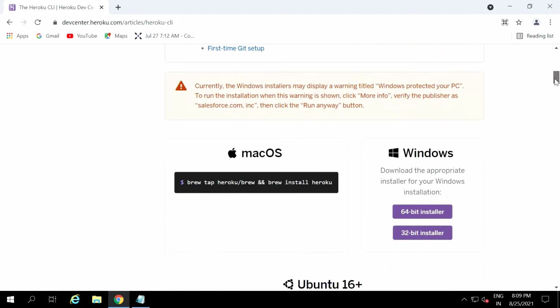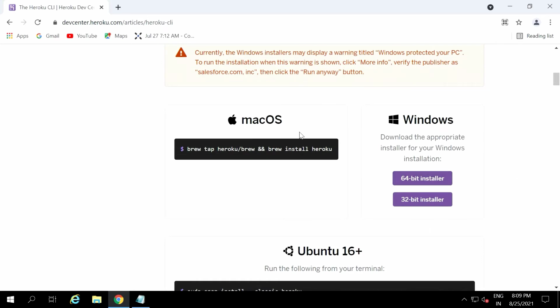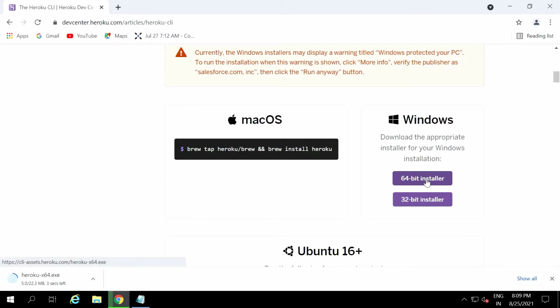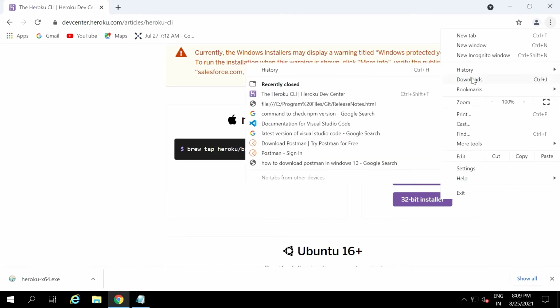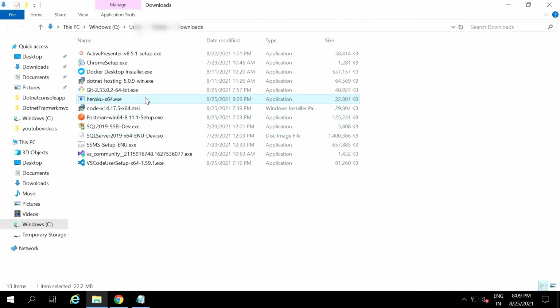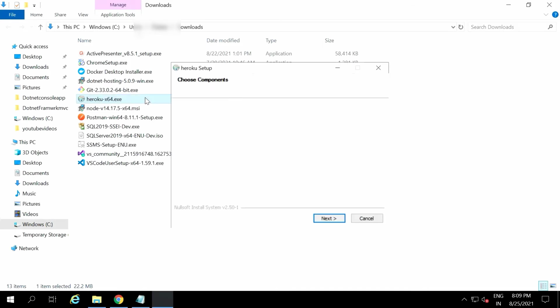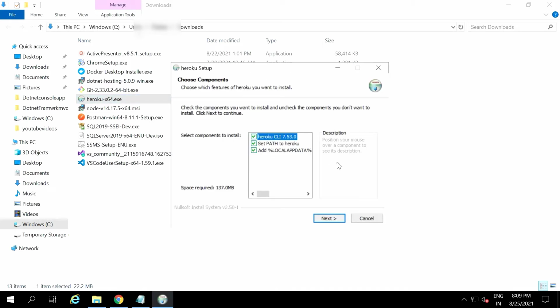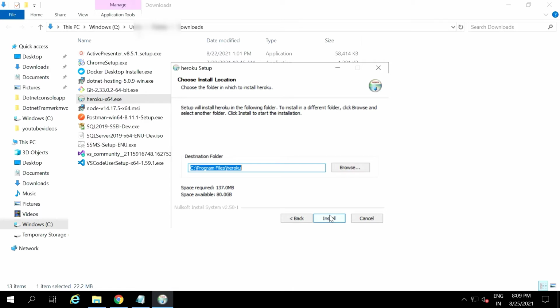So we are now looking into the Windows download and installation. For 64-bit, I'm installing now. Click on that, then the exe file will be downloaded. If your internet speed is good enough, it will install within a few minutes. So here is the application we have downloaded. Now go to downloads, view in folder, and show in folder. Then in the downloads folder we have the Heroku exe file for 64-bit, and you double click on that. You will open a setup.